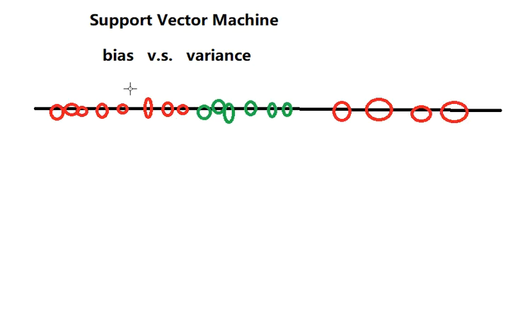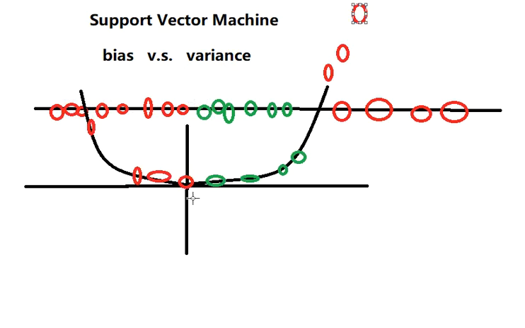For example, if we square our original data, the original data would go this way, so by putting our original data into a higher dimension, maybe square or cubic